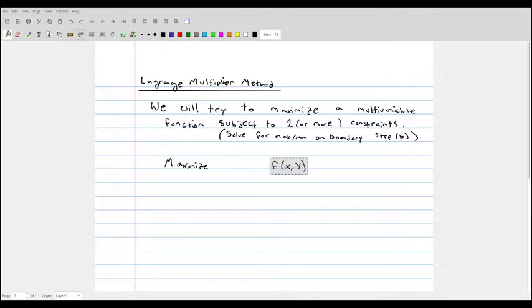So we'll say maximize/minimize a function of two variables